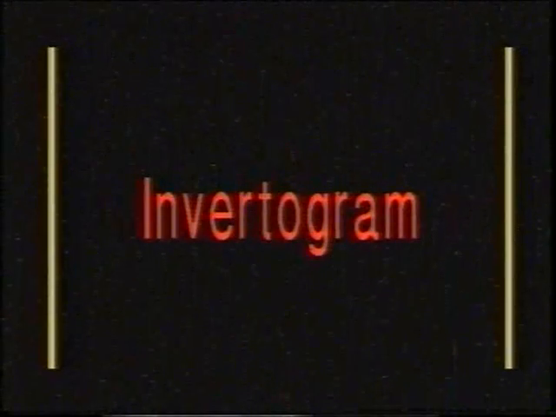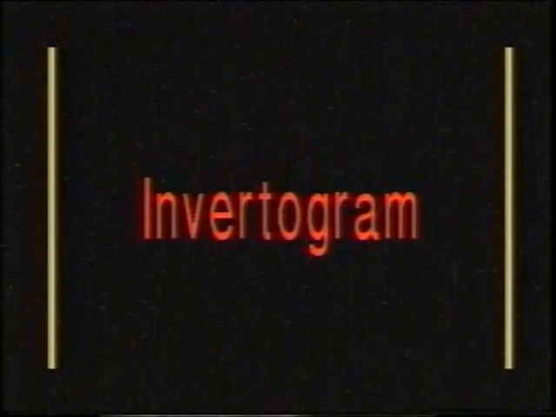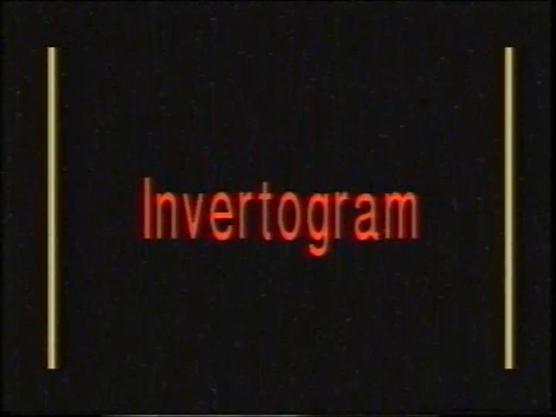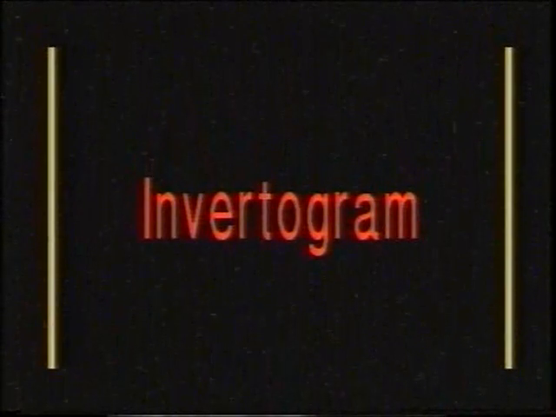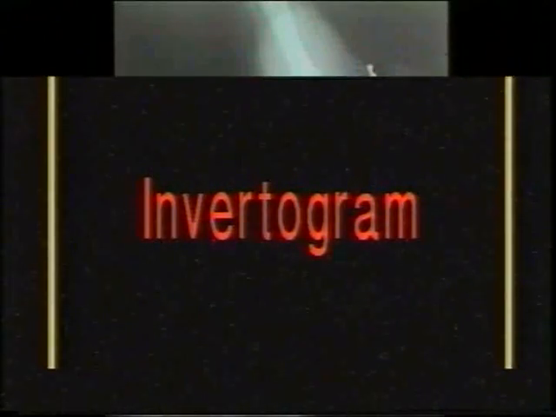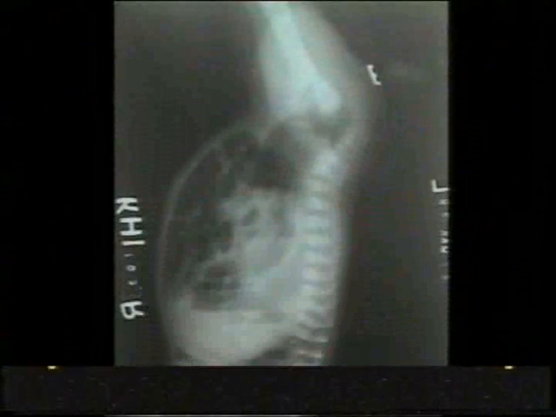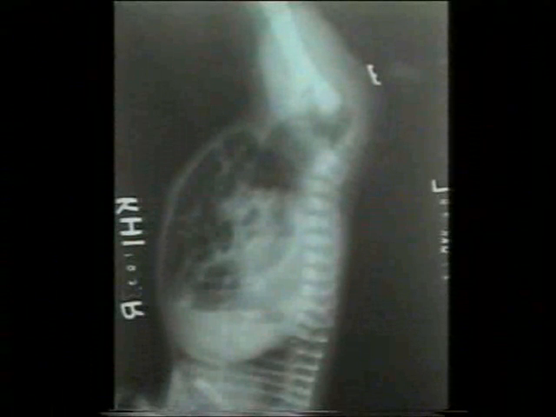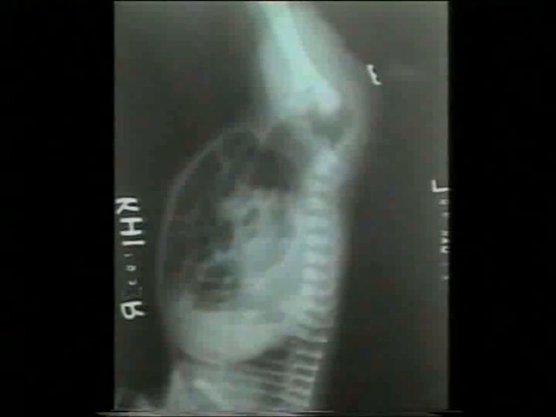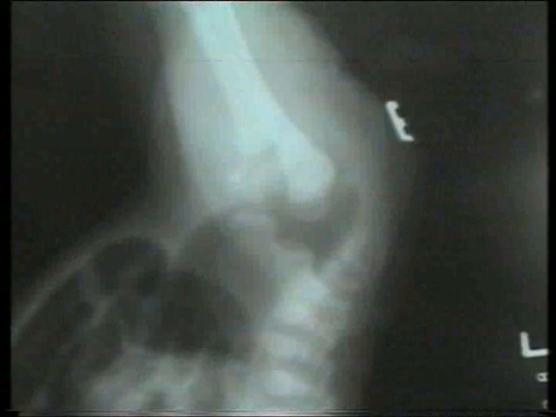Invertogram. When a child is born with an imperforate anus, an invertogram is taken to define the lowermost point of the rectum. An invertogram is a standing X-ray of the abdomen with the baby inverted. The baby is held inverted for 5 minutes so that the gas in the colon comes to lie in the most distal part of the rectum. A radio-opaque marker may be placed on the anal dimple and then a lateral film is taken.